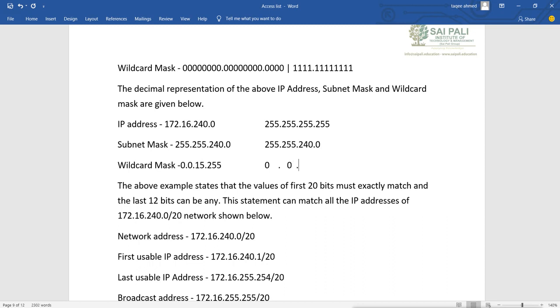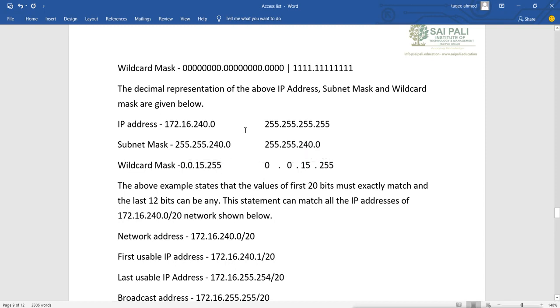Now when you subtract 240 from 255, you get 15. When you subtract 0 from 255, you get 255. So it is the easy shortcut way to get the wildcard mask, and it is the same as we have here.